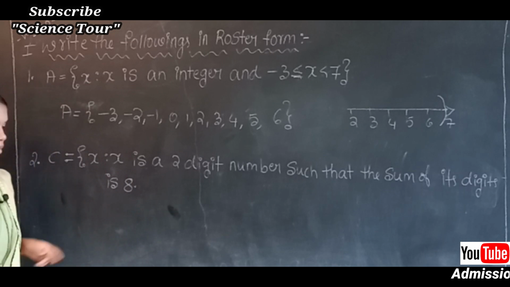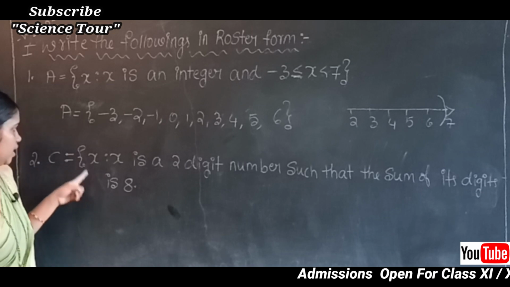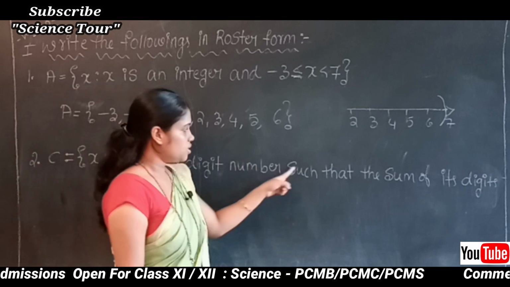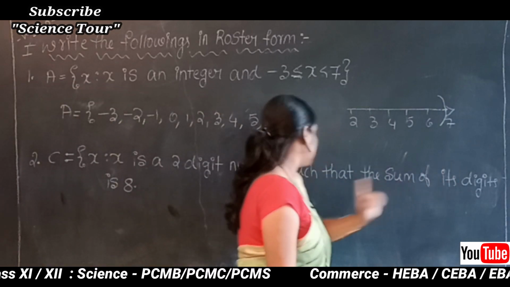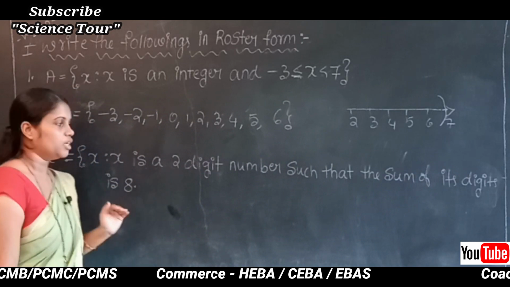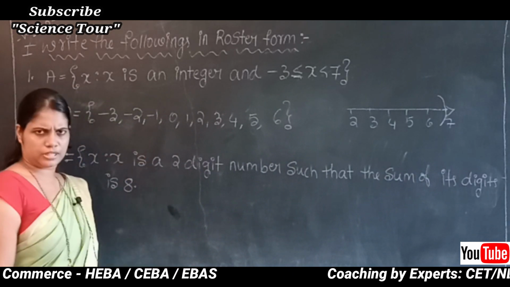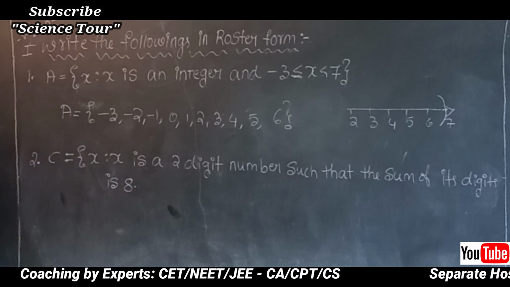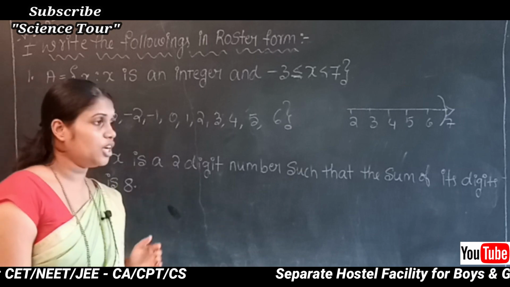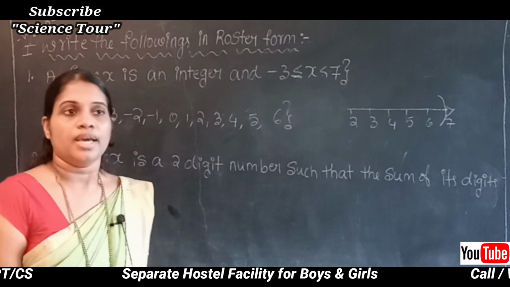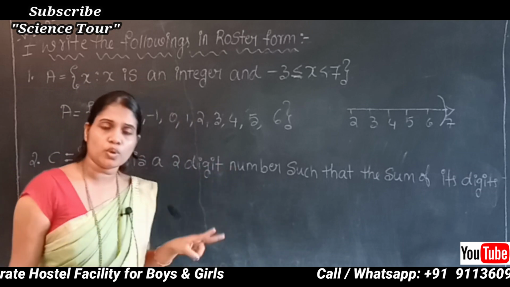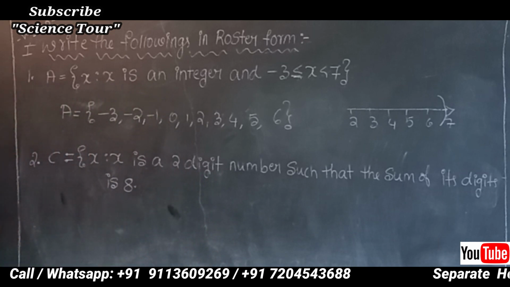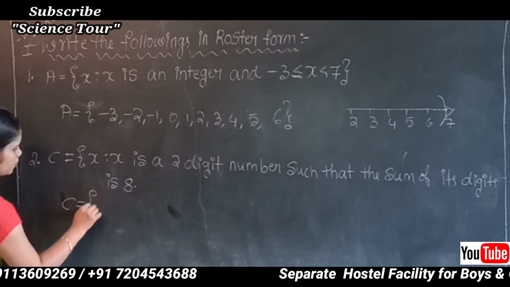What is the second problem? C is equal to the set containing x such that x is a 2-digit number such that the sum of its digits is 8. Now how to write the roster form of this set? You have to choose a 2-digit number in such a way that the sum of those 2 digits must be equal to 8. So which are those? C is equal to,